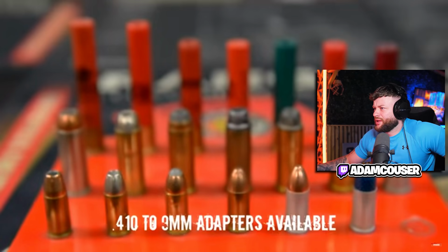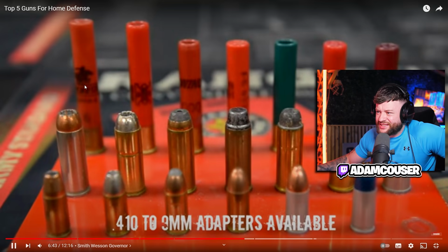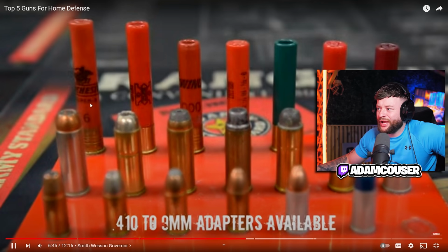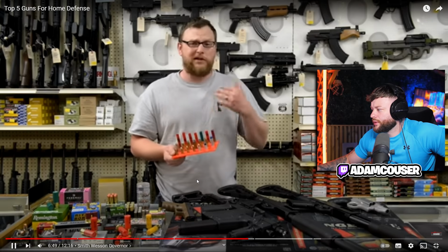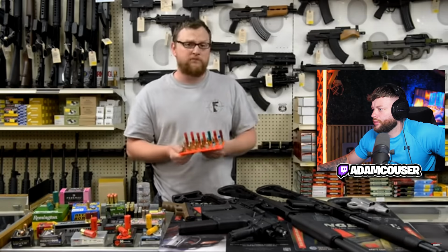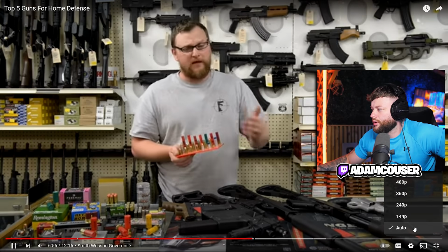On this tray here, we show all of the different loads you can put in the Smith & Wesson Governor. Of course, you have the Taurus Judge, which is a competing model to the Governor. I personally think the Governor is a better gun. That's just my opinion, but I'm a little partial to Smith & Wesson. I like Smith & Wesson's quality. They make some of the most awesome...